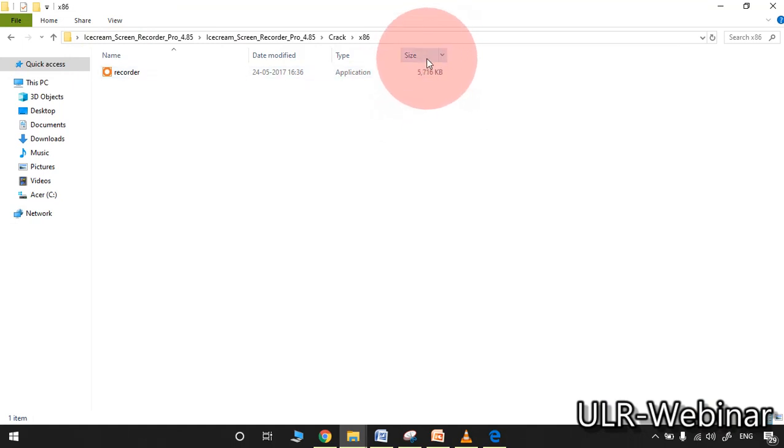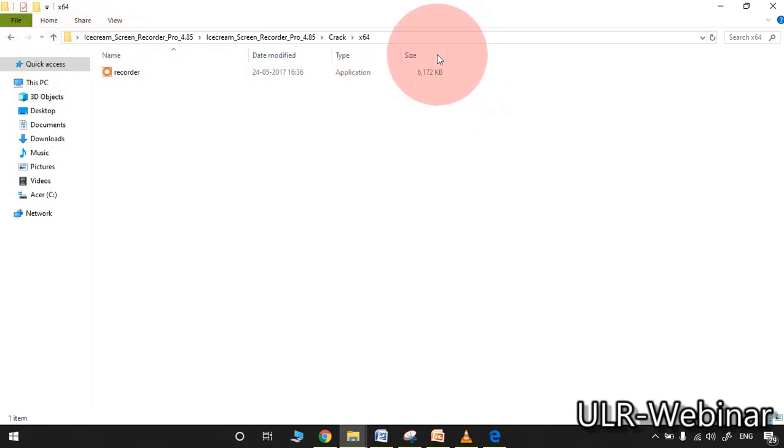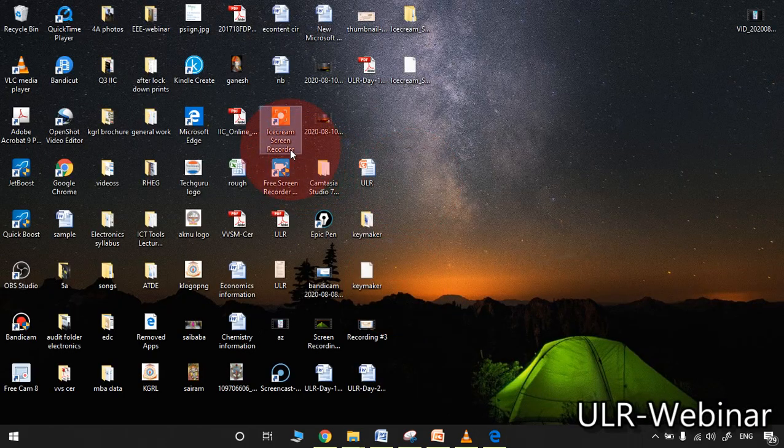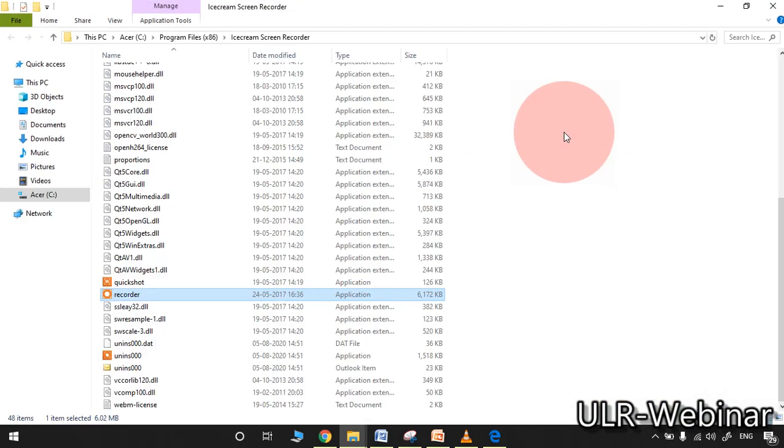Identify the size which is matching after installation, then copy the respective file from this place and paste it in this open file location folder. That is sufficient to convert the basic version into the premium version.